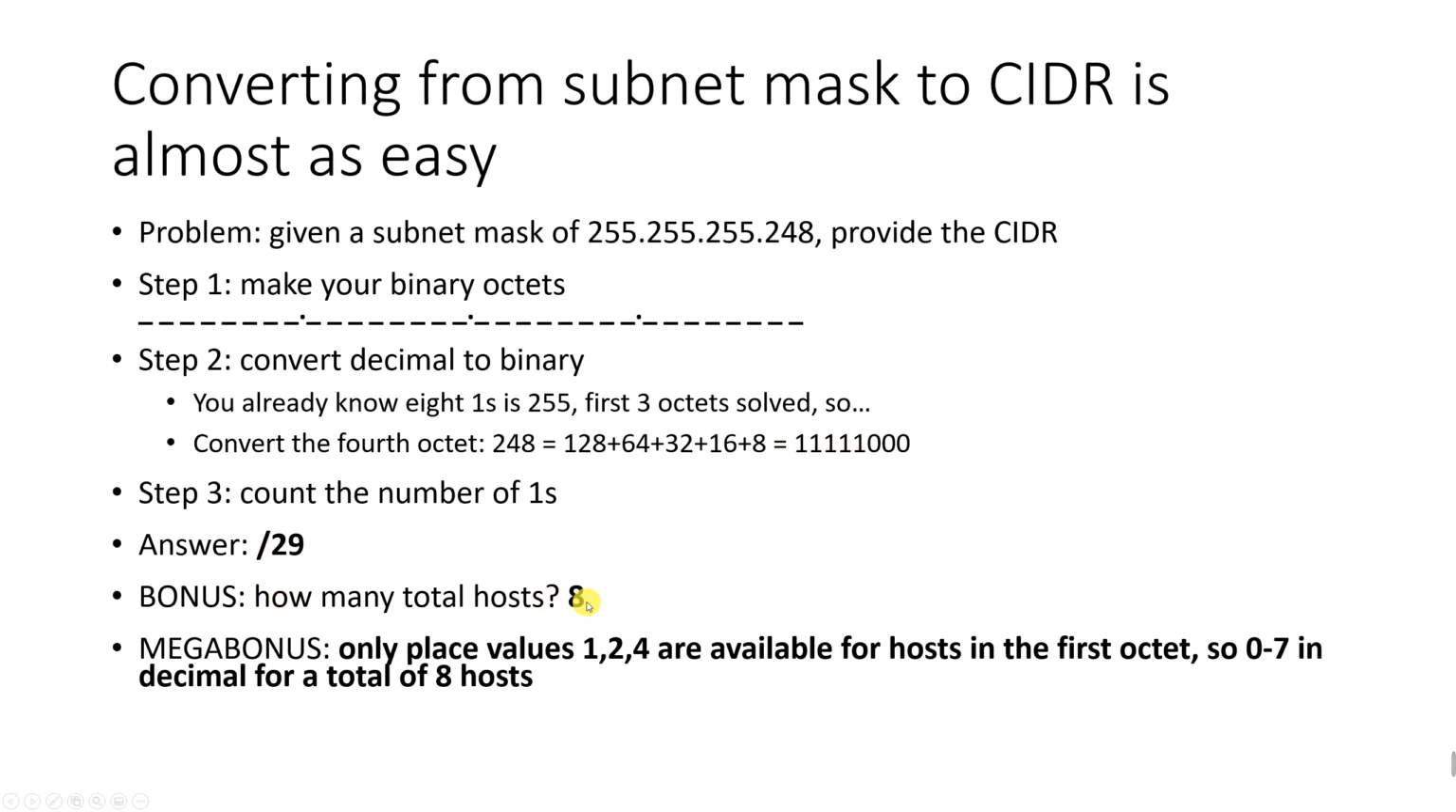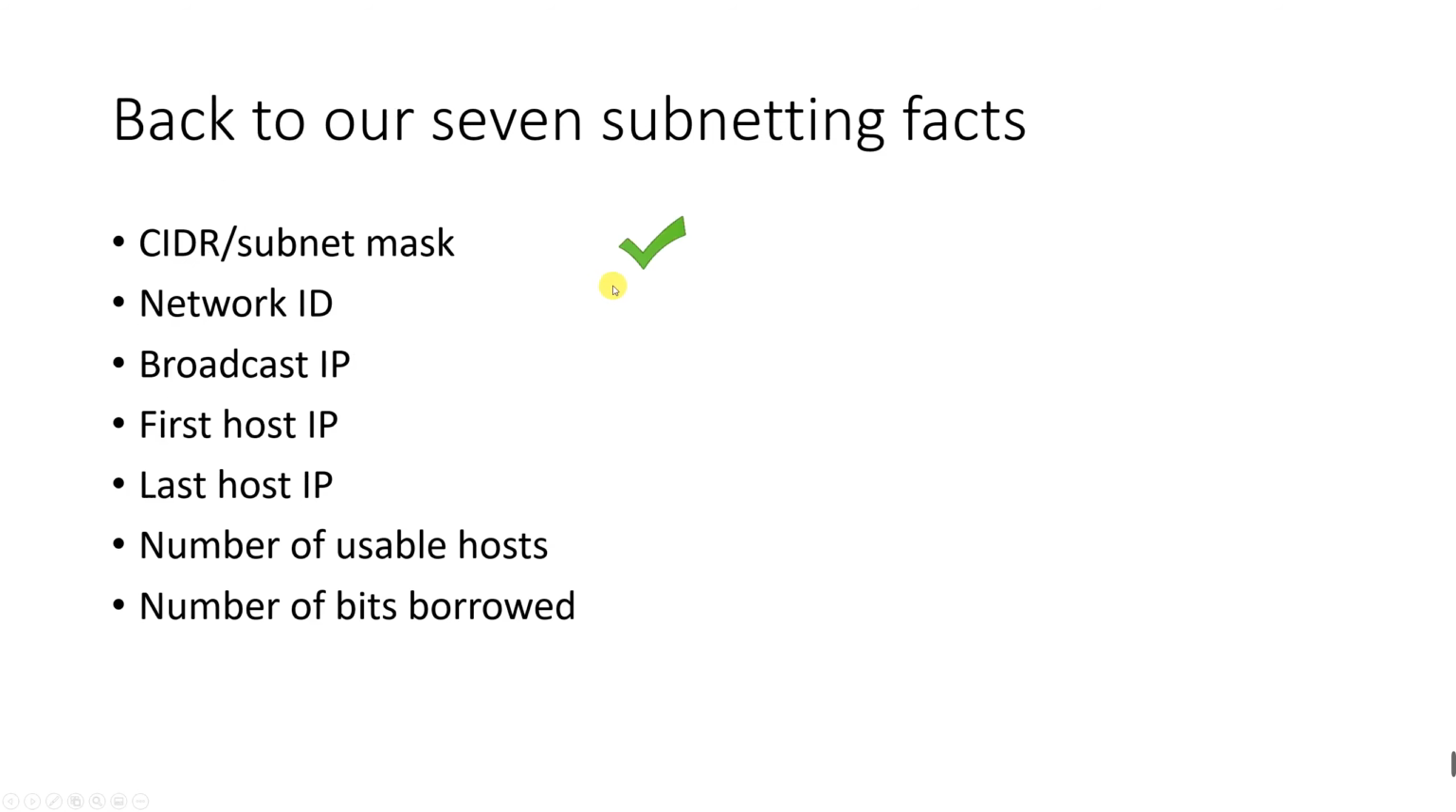How many total hosts? Well, all of these ones are used to create subnets, so you only have 3 digits in binary left to create numbers to give out to hosts. And so 4 plus 2 plus 1 equals 7. So you have the numbers 0 through 7 for a total of 8 numbers to hand out to hosts right there. So that is CIDR and subnet mask. Next we're going to do network